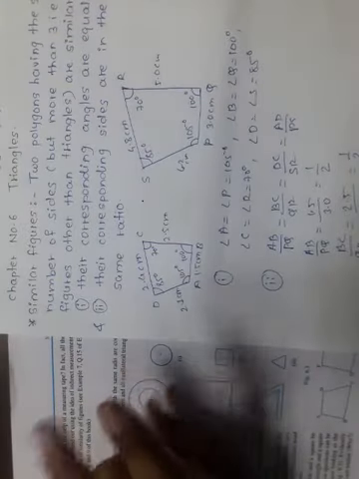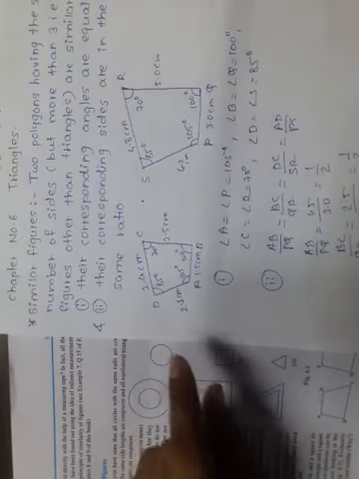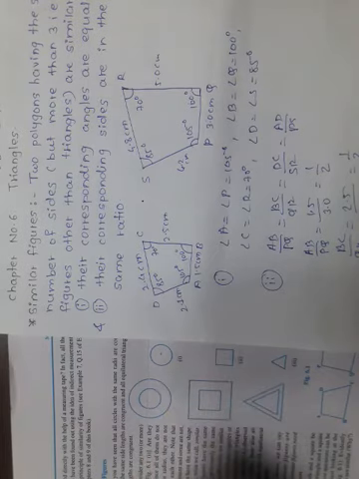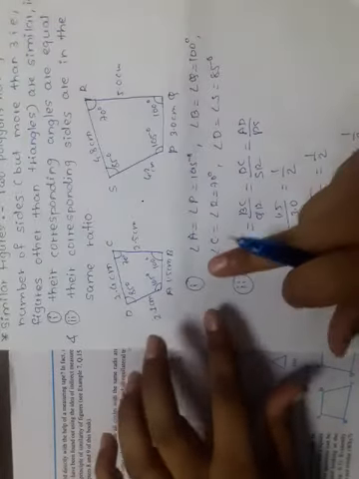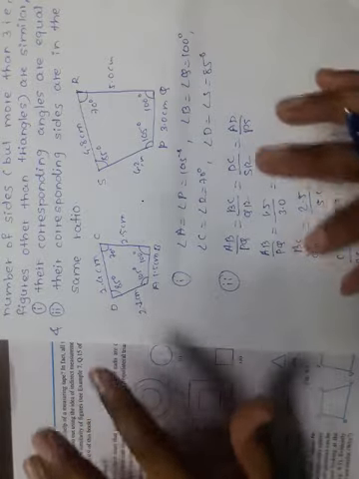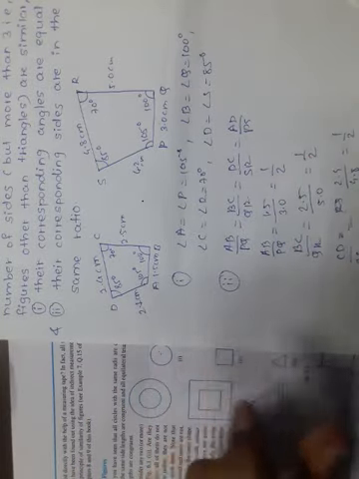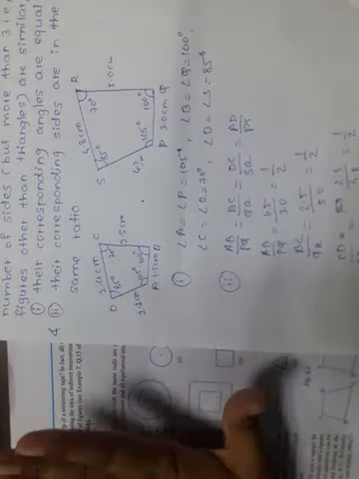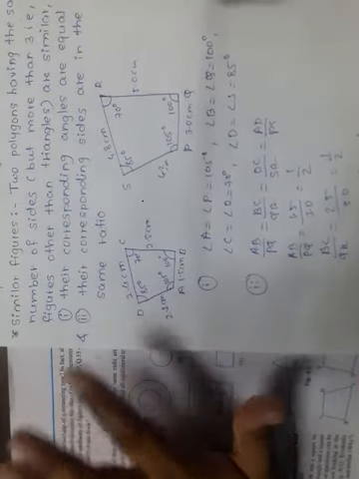Okay, so again, similar figure means what? Two polygons having the same number of sides are similar if, first condition, their corresponding angles are equal, and second condition, their corresponding sides are in the ratio. If the first condition is satisfied only and the second condition is not satisfied, then again we cannot say that these two figures are similar with each other, because we need both the conditions. So both conditions must be satisfied here. So this is all about our similar figures.